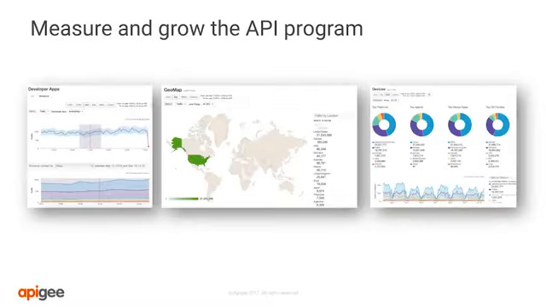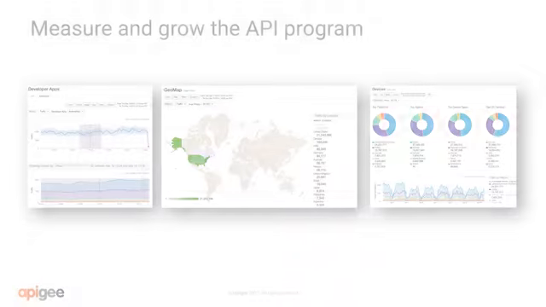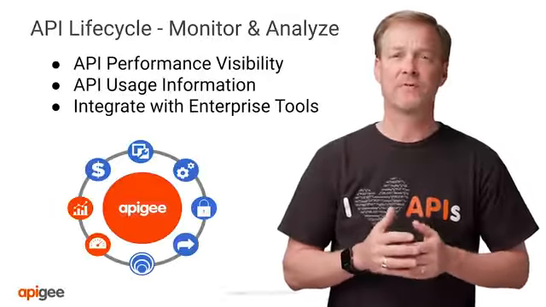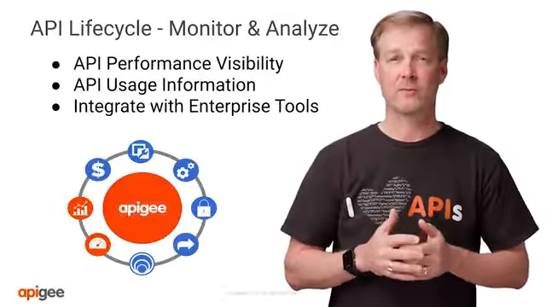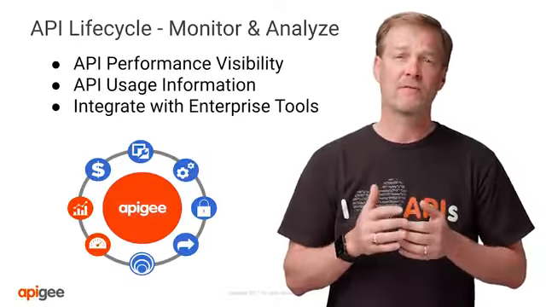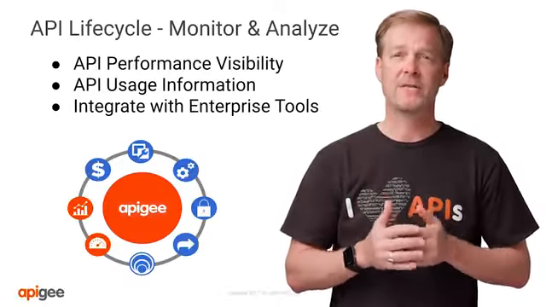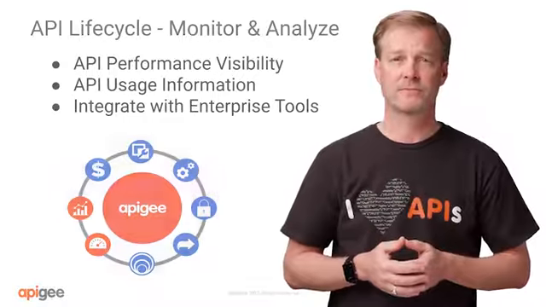Don't forget, metrics are also used to measure and grow your API program. Understanding usage patterns, most consumed API proxies, API proxy consumption trends by month, day, or even by hour, and much more. All this data provides a wealth of knowledge waiting to be tapped, so your company can make good decisions and investments to grow your API program. Lastly, many companies prefer to integrate the monitoring and analytics data with other systems. Apigee offers the ability to integrate this data via APIs to these other enterprise tools.